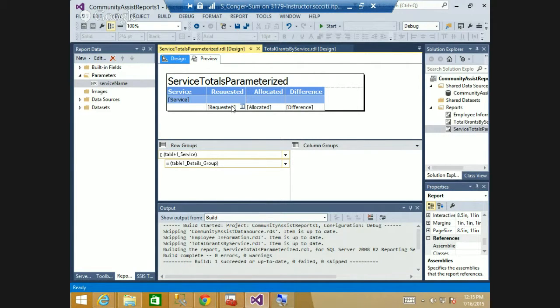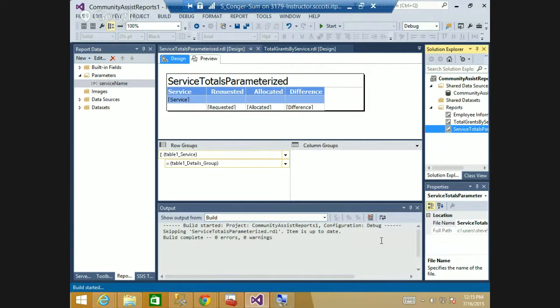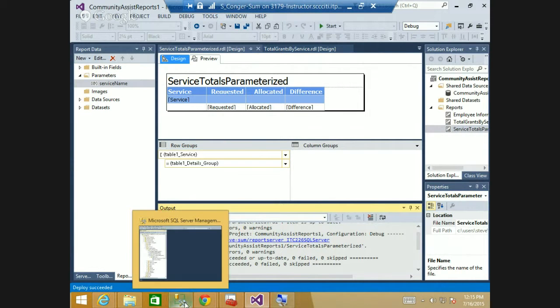I might rename it at the top, but service total is parameterized. And again, if you've added something here, this isn't very pretty, but when you're done, you could deploy it again. And once the path is in there, it should be fine. And if I go back to